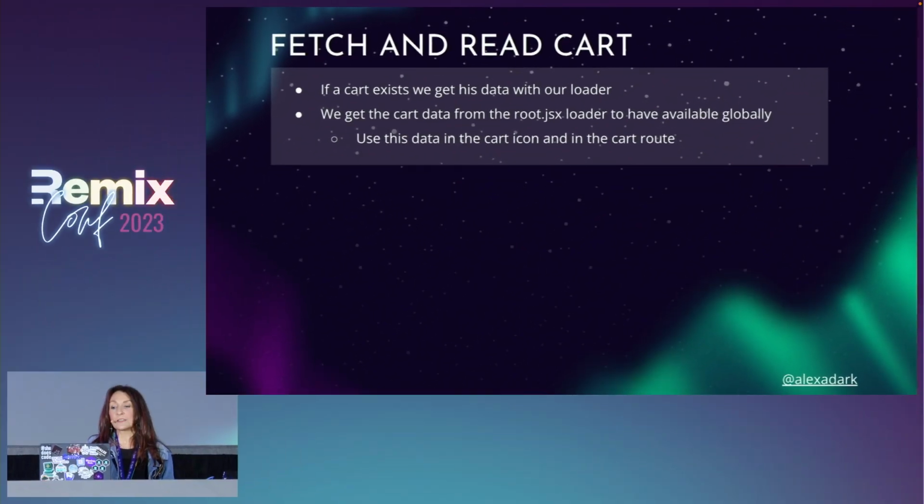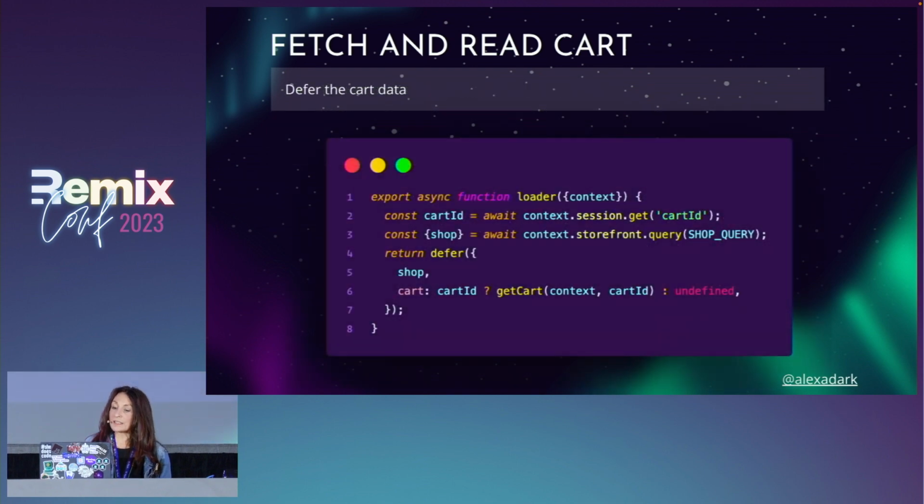Now, if a cart exists, we want to get this data from our loader. But we need this data in two places. I told you there is this icon that displays the number of items in the cart, and that will be in the header. And of course, there is a cart route where we want all of our data. So we want this data to be available globally, and that's why we are going to place our loader in our root file. So this is our loader, and as you can see here, I'm calling my fetcher, my getCart function,